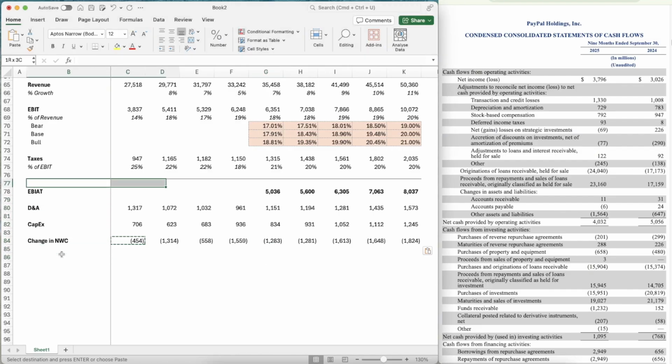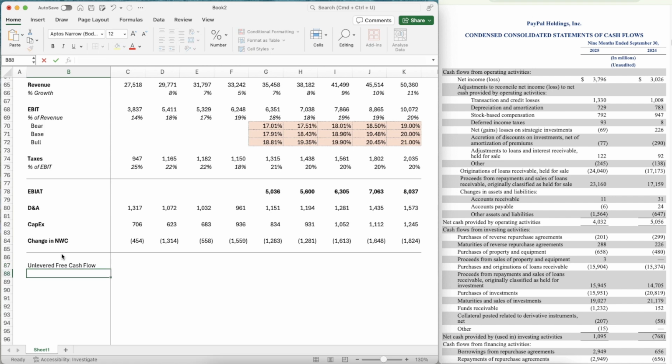So pull it out. We want unlevered free cash flow. Now, to calculate the unlevered free cash flow, you take your EBIT, you add back in depreciation and amortization because it's a non-cash expense. You subtract your CapEx and you subtract your change in net working capital. And because the change in net working capital is negative, two negatives make a positive. So it'd be like adding it back in. So this is very positive for